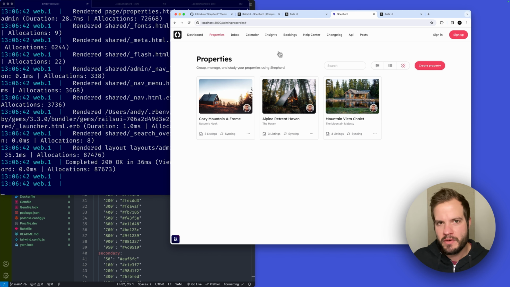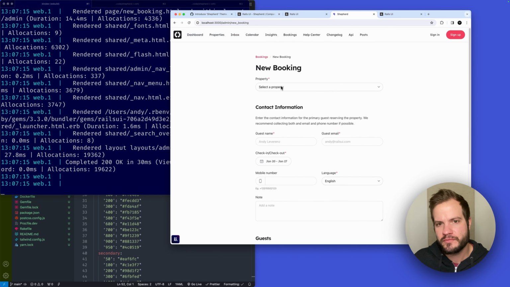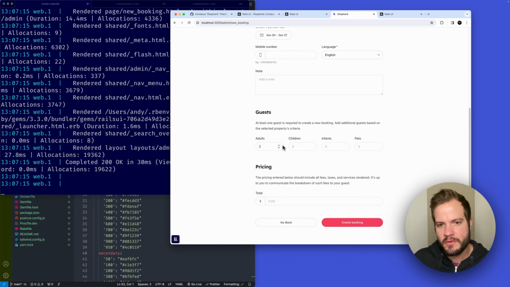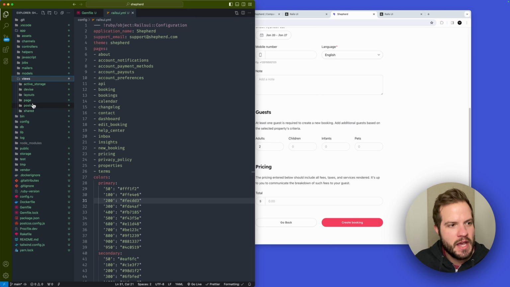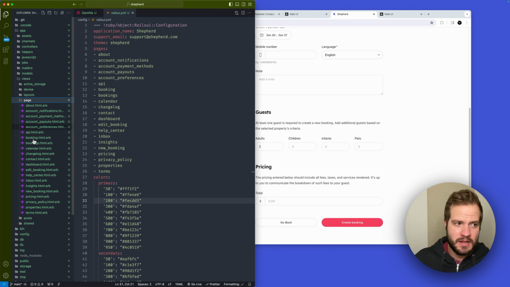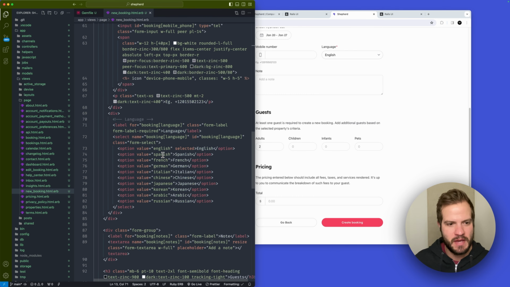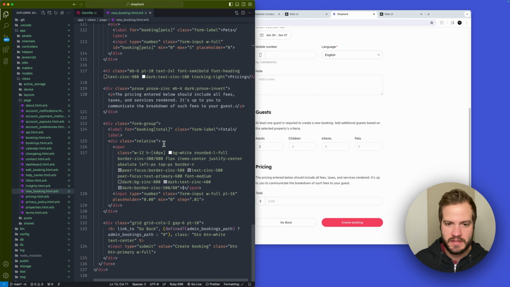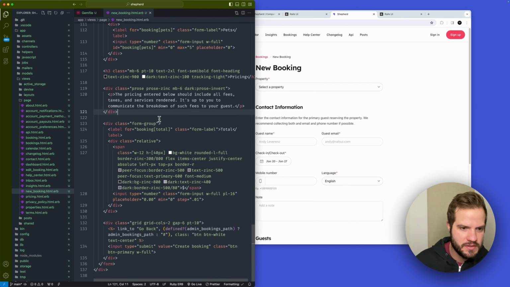So if you were to create a property, I didn't actually build that part yet, but the booking side of it would be to create a booking. You would go to the new booking page and do that stuff. So again, this is more if you want to go into depth and see the actual pages. It's in a resource called Page in the View section. It's not named in the typical way you do Rails, but the stuff's there if you need it to copy and paste into your own app and say a scaffold. So say you did the post thing, but you are a booking, for instance, you can copy this over,